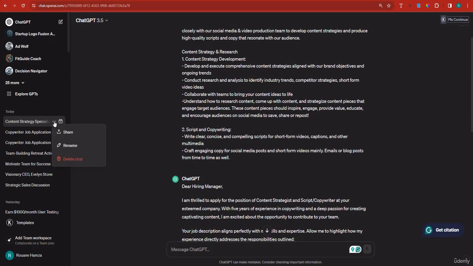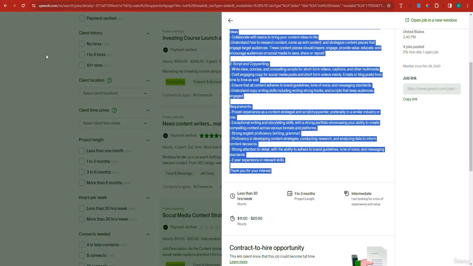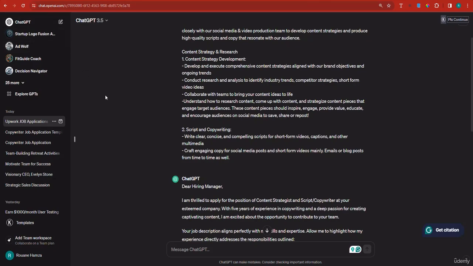And you can come here to the chat, you can rename it, maybe Upwork job applications, right? And from now on, you don't have to write a single Upwork job application. As a matter of fact, you can scale your applications using the same strategy. By the way, I'm using ChatGPT a lot for email marketing, and I can tell you, if I measured it, I have probably seen more than 200% improvement in the results,